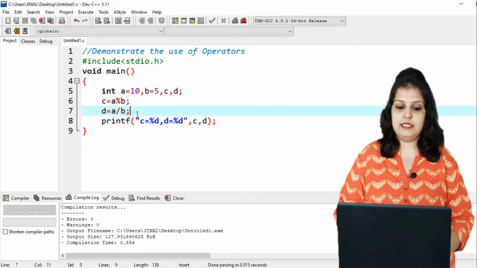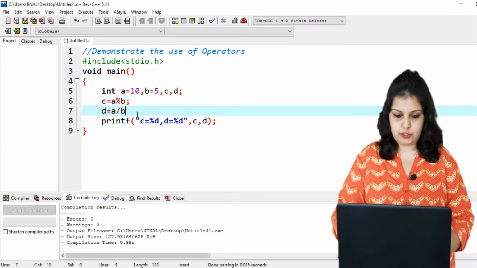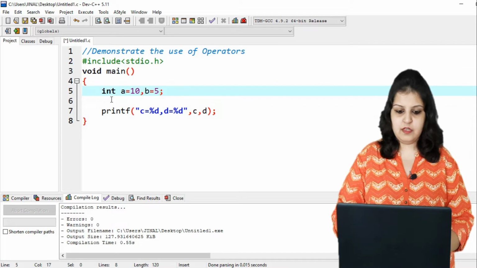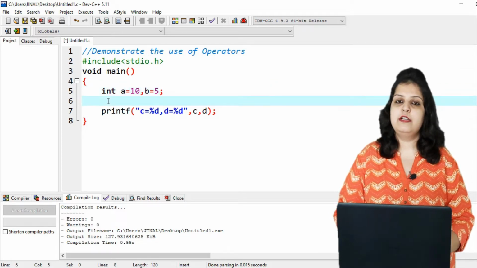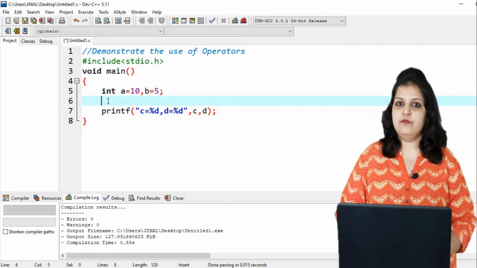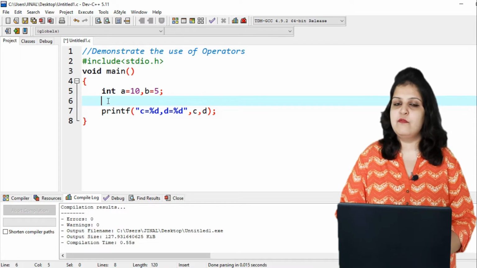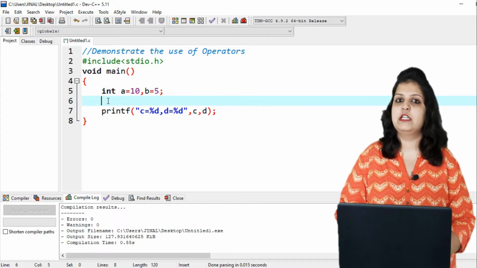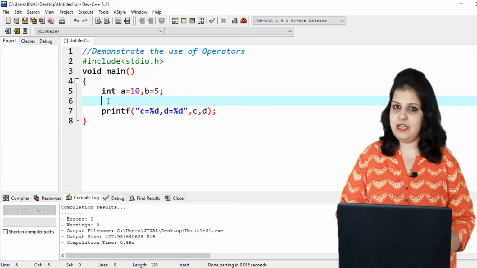Now let's see relational operators, how they work. Relational operator is used for comparison. Here we have two variables a and b, and if you want to check whether both are equal or not, how can we write it? Using a conditional statement. We have to use if else statement.